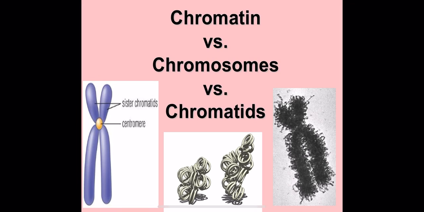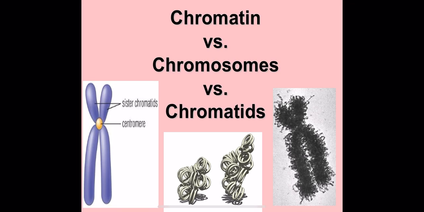When the cell goes to divide, it condenses that DNA. It takes it, it wraps it up really tightly. So imagine taking that loose ball of yarn and balling it up into a nice tight coil, and it forms these beautiful, cute little rod X shapes. Those are your chromosomes. So a chromosome has two halves, and those halves are identical. We refer to them as the sister chromatids.